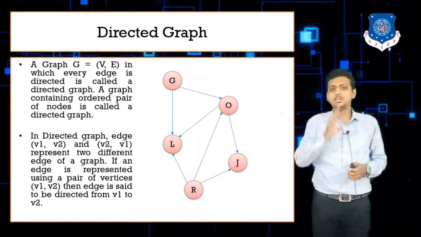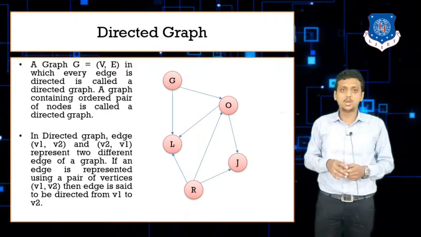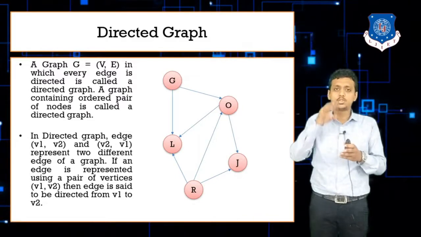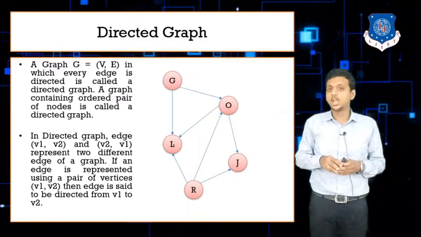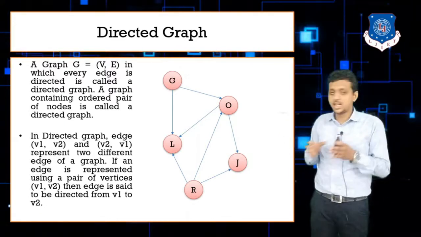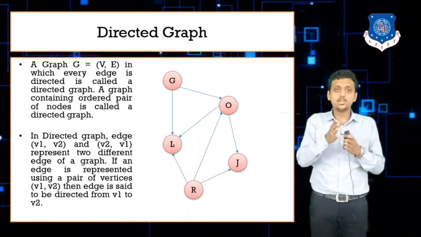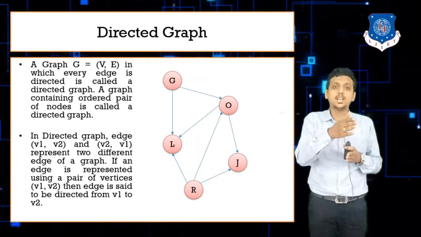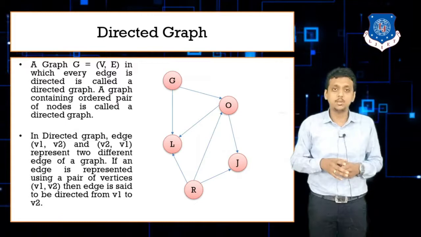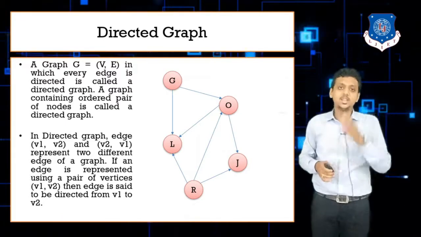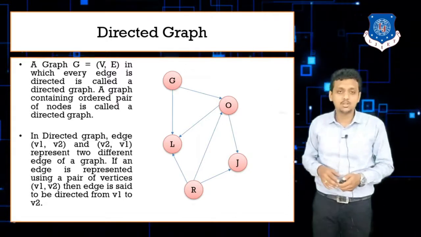Okay, now just imagine your Google Map. Okay, students, just imagine a Google Map where you need to move from the source node to destination node. So it may direct you like this: go straight for 500 meters, then take right for 500 meters, then again take left for 1 kilometer. So this shows a direction. So a directed graph can be used over there also.